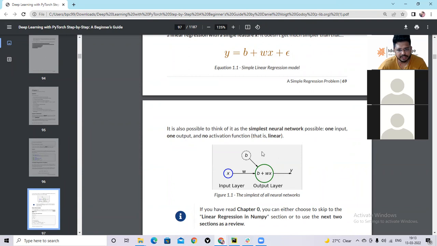So this is the simplest possible neural network, which is also called the linear regression model, right? Now, can anybody tell me why this is called a linear regression model? Why is it called linear in nature and not non-linear in nature?